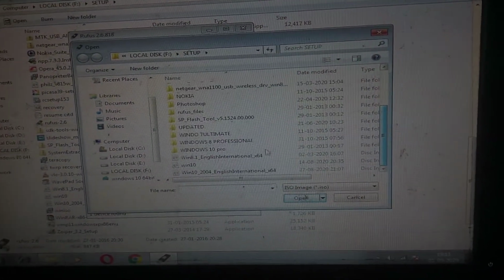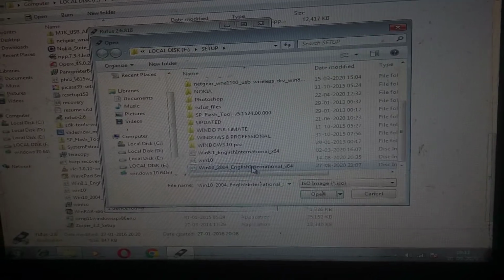and go. It's the downloaded file which I downloaded now from the Microsoft website guys. This is the device and you need to click on open. It's ready guys. Here we selected the ISO file also. Now click on start so that it makes your pen drive a bootable disk guys. Okay, your pen drive will be formatted and it successfully installs the files required for Windows 10 guys.